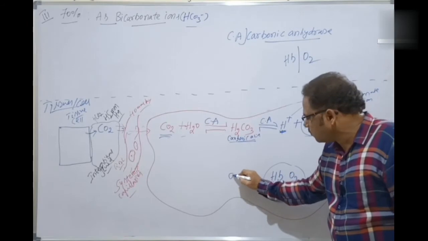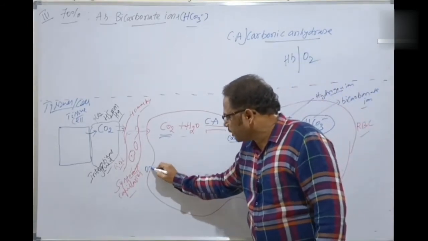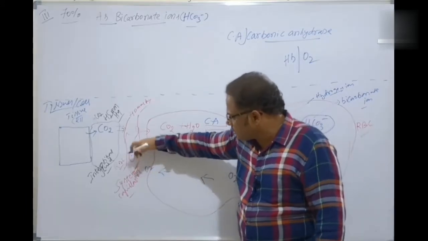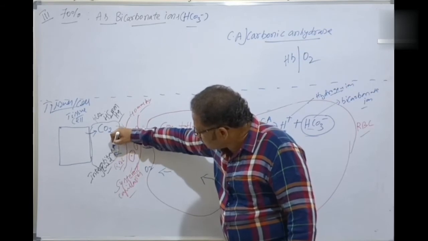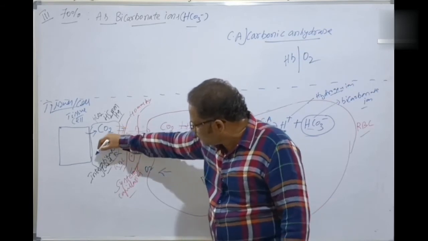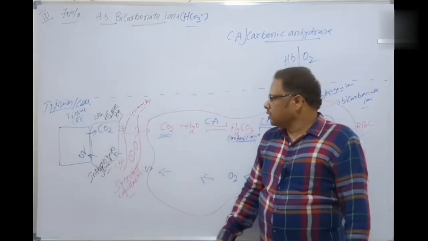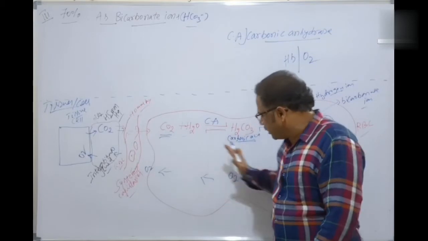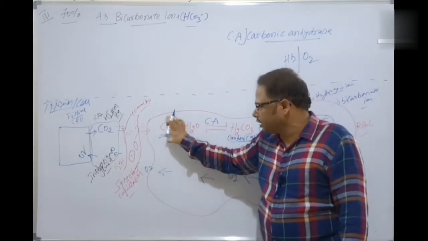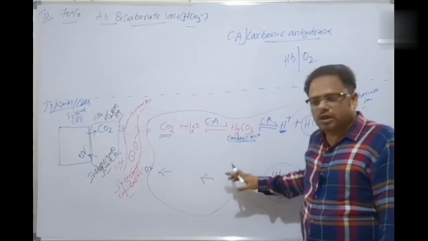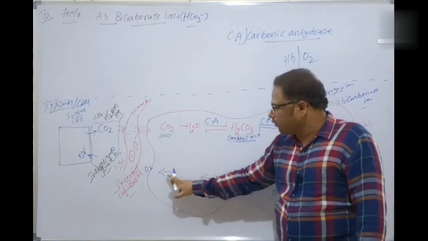Oxygen is now free. It is now delivered to the systemic capillaries, then the interstitial fluid, and then to the cells here. It is occurring in the reverse direction here. As the concentration of carbon dioxide increases, oxygen is unloaded. The loading of carbon dioxide leads to the unloading of oxygen.